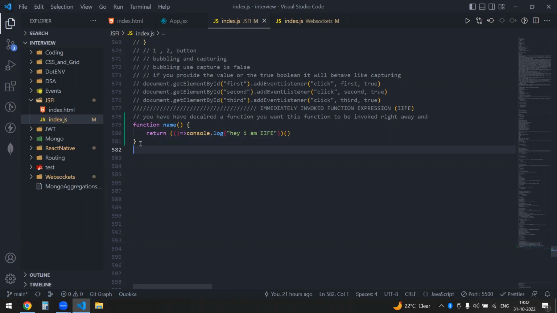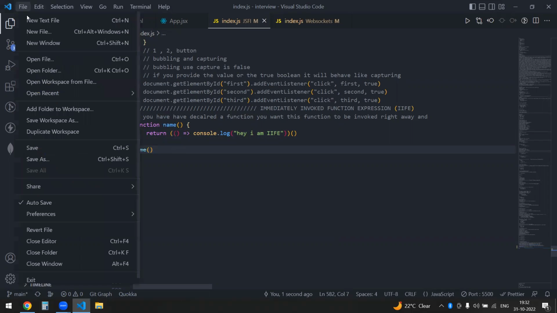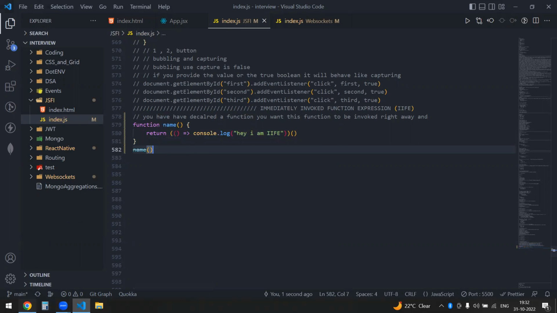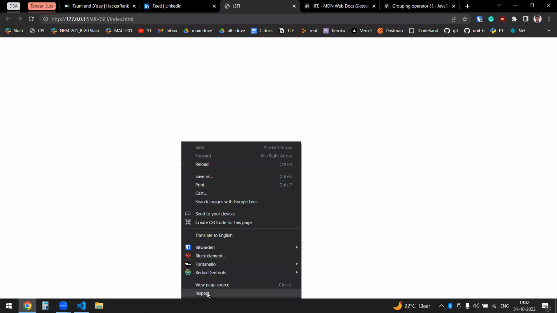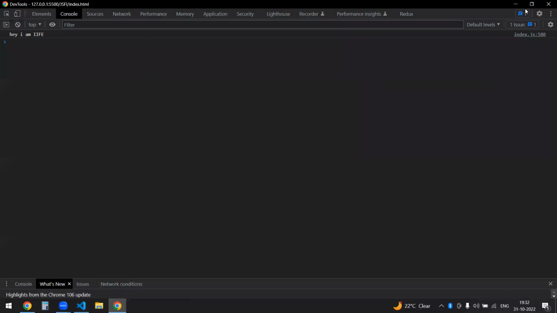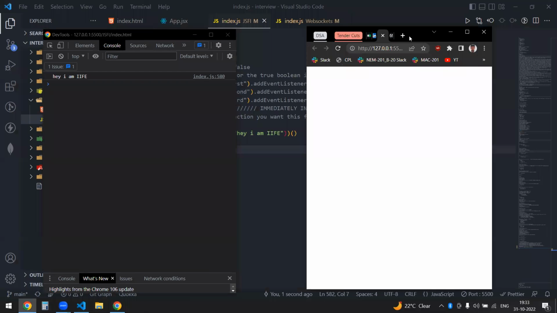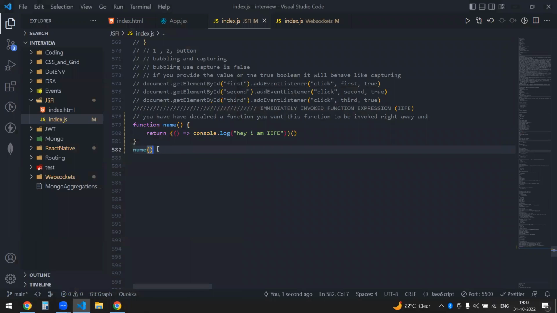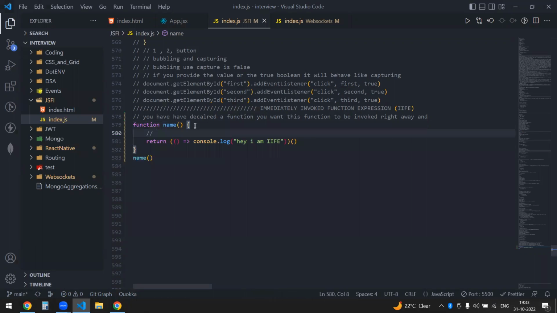And let's say you want to invoke it, so let's just go through it. I have the autosave on, and if I just inspect this, you'd see IIFE, right? So what happens is that in this case, you won't see any major difference in the output. There's no major difference. But the thing is, if you know how the call stack actually works,